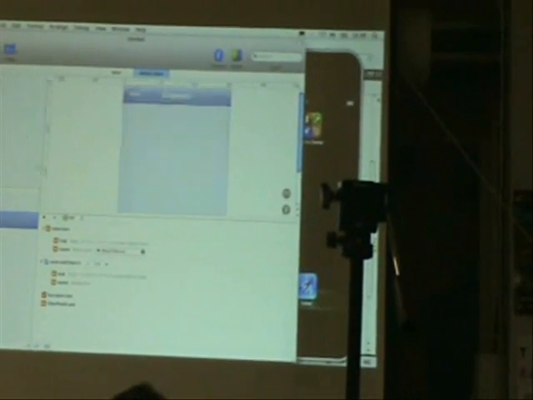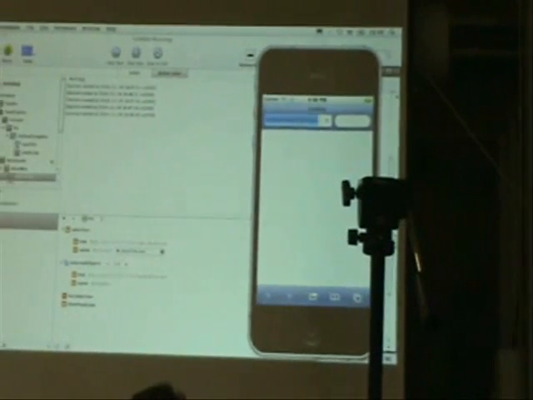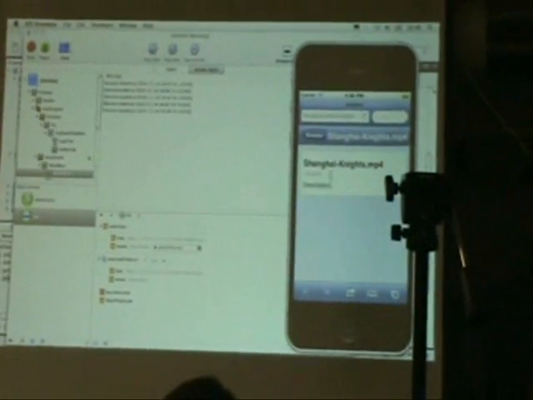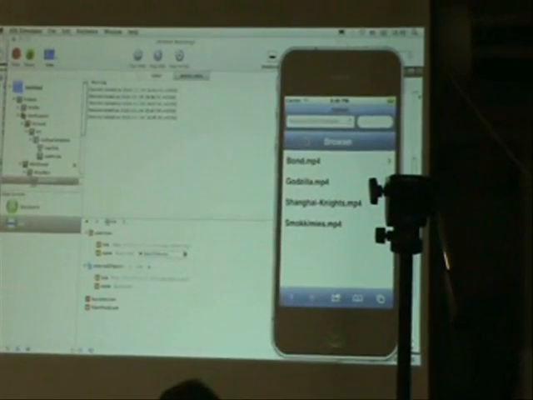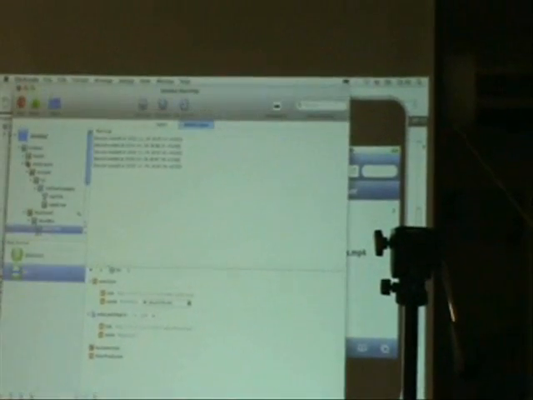Let's try. Hopefully everything is working. So master, yeah. What happens next? Let's add some other cool things. Let's add